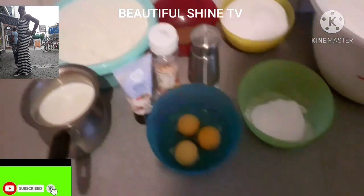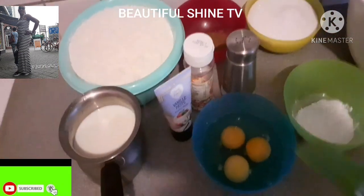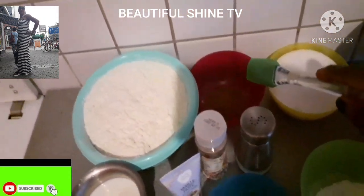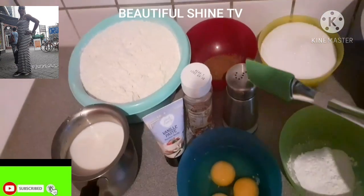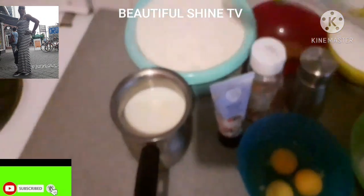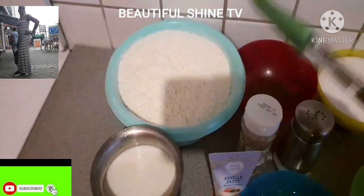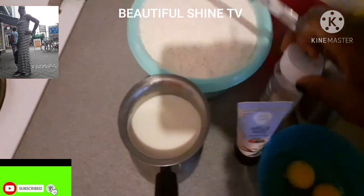So we have the flour here, baking powder. We have 3 eggs, sugar, nutmeg. I hope you guys are seeing it. We have salt. We have vanilla. We have vanilla cream. We have flour here. This is flour. We have milk, and we have